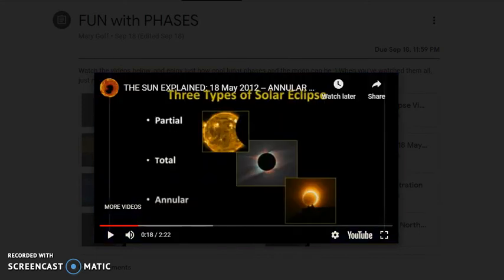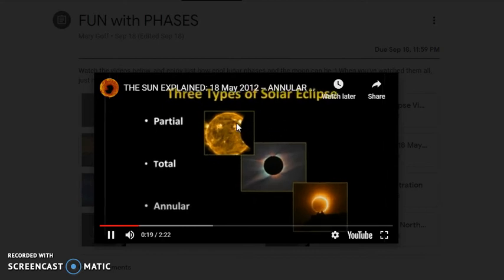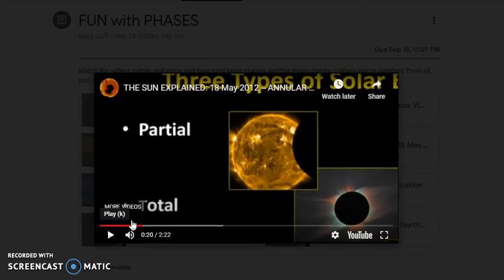All right, so you've got three types of solar eclipses. You've got a partial, a total, and an annular. Partial is when you don't have everything perfectly lined up and maybe the moon just covers part of the sun. Okay? Then you have a total solar eclipse where the moon covers the entire surface of the sun and all you see is this wispy little corona